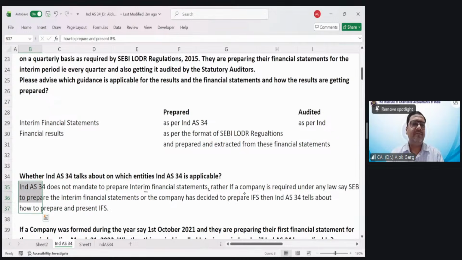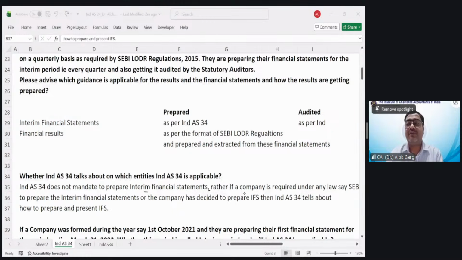Yes, you will be interested in knowing the financial performance on a quarterly basis, monthly basis, on a regular basis, right? Yes, Manoj. Yes, Rohan. But whether this startup, being an unlisted private limited company, is required to prepare its financial statements on a quarterly basis? No. Are they required to get it audited or have a limited review on a quarterly basis? No. But being an investor, you want the audited performance on a quarterly basis.